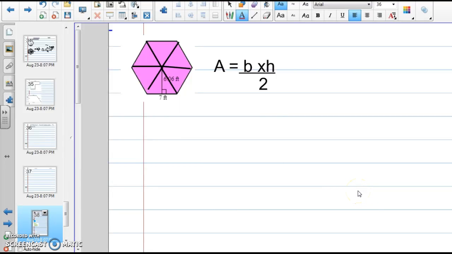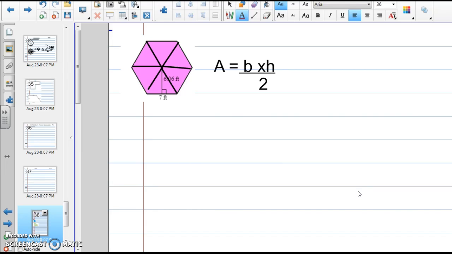The reason you've been sent to this video is because you missed this first problem on your warm-up today. So as I'm going through this, you need to make these corrections on your paper that I hope you did the work on. If you did not, you need to open a page in your notebook right now and write down this information. So this is a regular hexagon,